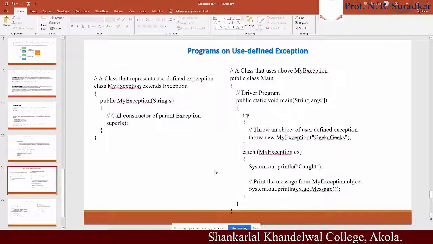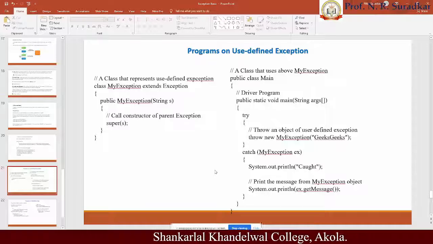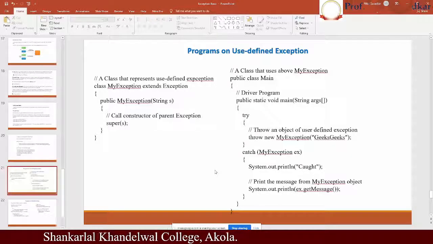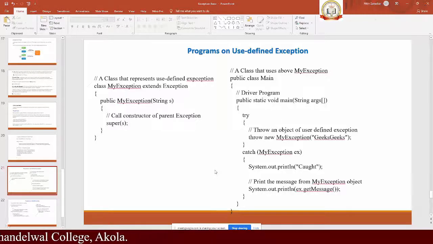And why do we have to create an exception? Suppose an erroneous situation occurs in the program and it terminates the execution of the program suddenly, without giving any type of message or notification. It doesn't show any message, any notification, and directly terminates the execution of the program. That is when the situation occurs, and this situation is called an exception situation.